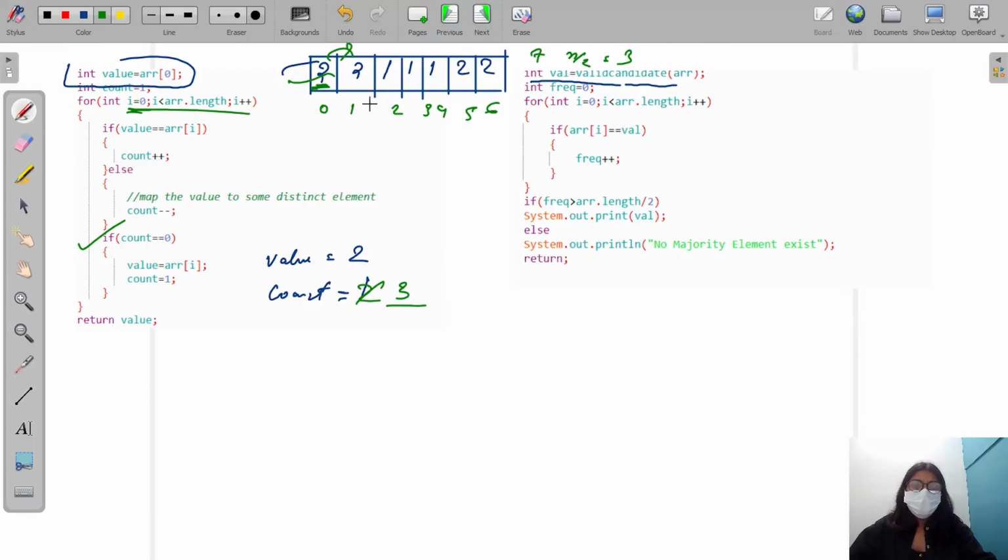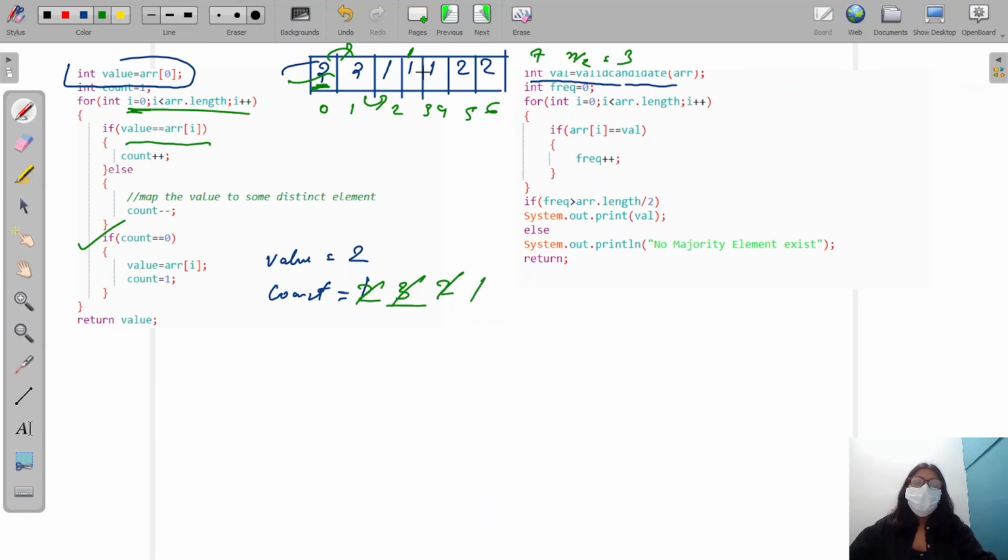When I increase my count to 3, I check the next value, which is 1, which is not equal to my value, right? So my arr[i] is not equal to my value, so I'm going to decrease my count to 2. My count is decreased now because I've mapped this 2 to 1. Now I jump here and again check this 2 with this 1. This 1 is not equal to 2, so I'm again going to decrease my count to 1 and map this 2 to this 1.